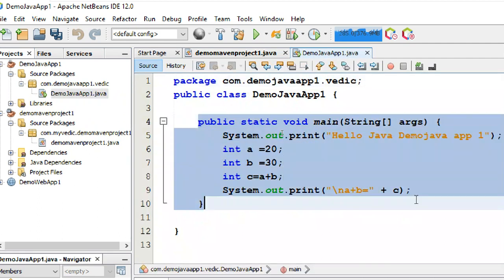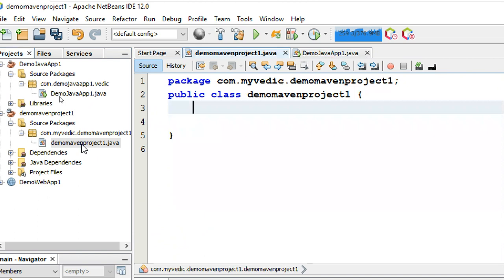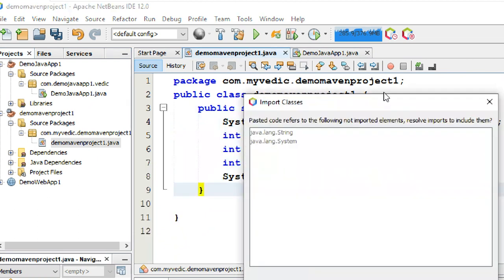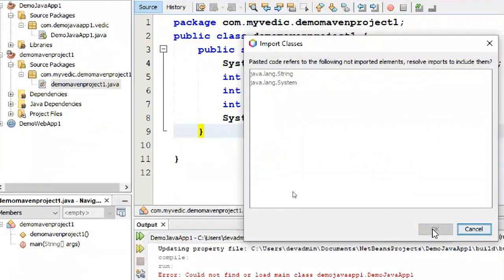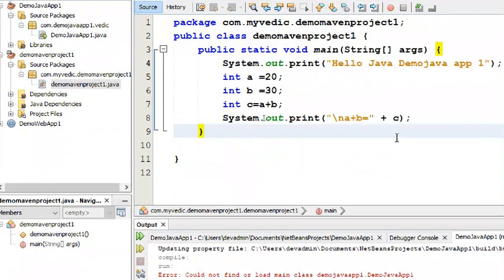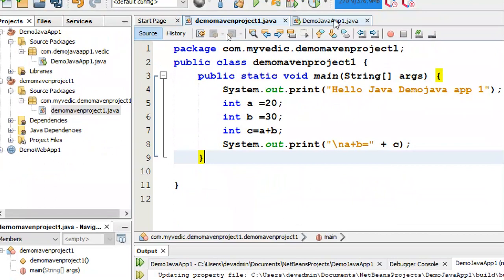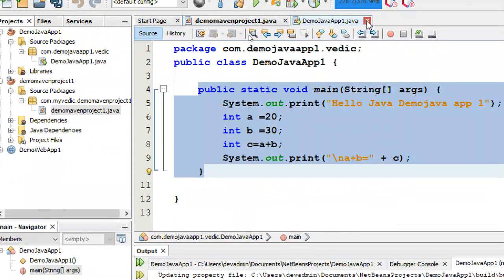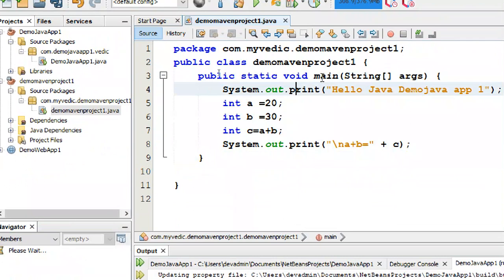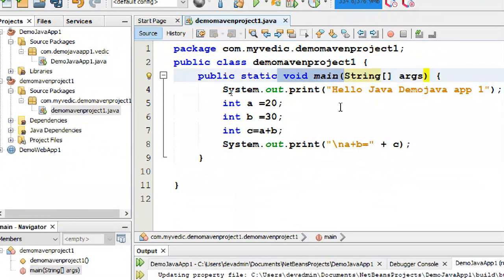So this is the main method. I'm copying this entirely. The void main is a main method. Without a main method, it won't work. What is the meaning of this main method? It executes first. The main method is the first one. If you have many main methods and all, they will execute later.